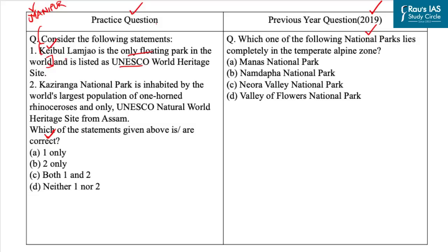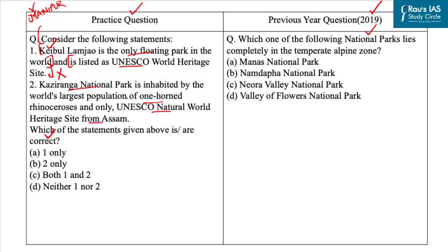Also, it is an integral part of Loktak Lake, but it is not listed as UNESCO World Heritage Site. So this information is incorrect. So with this, our first statement is incorrect. Now let's come to the second statement. Kaziranga National Park is inhabited by the world's largest population of one-horned rhinoceros and only UNESCO Natural World Heritage Site